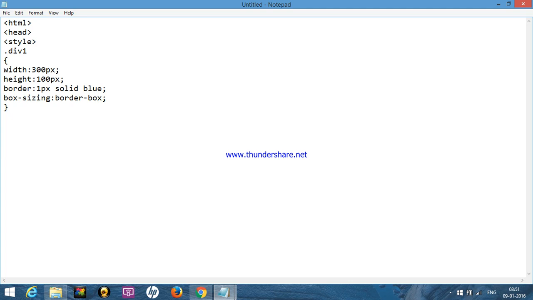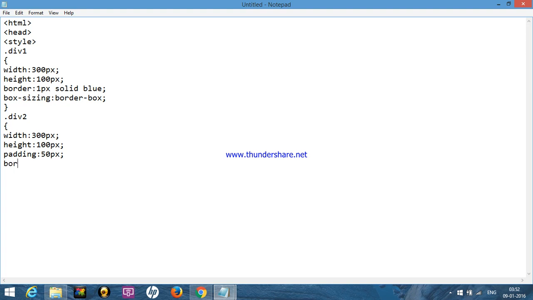Now I am closing the div. Now take another div. Here the width is 300 pixels. Height is 100 pixels. And the padding is 50 pixels.